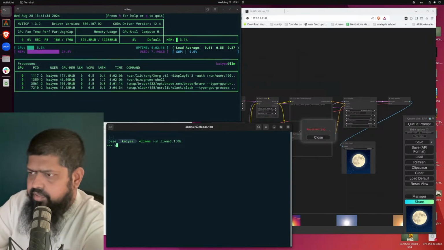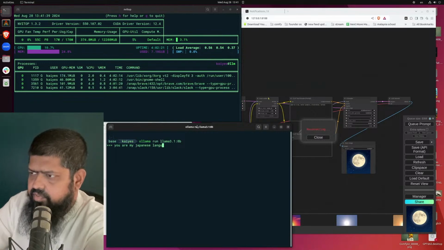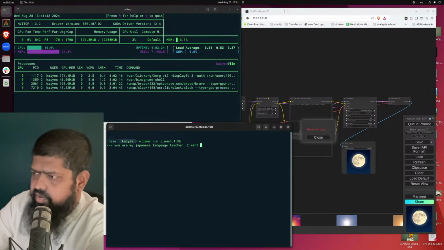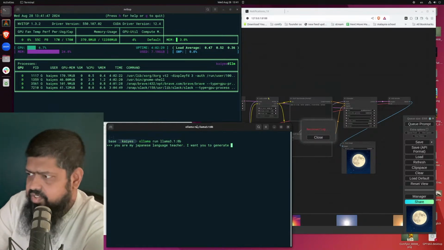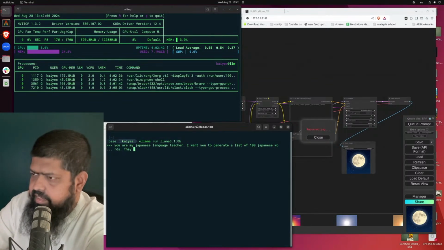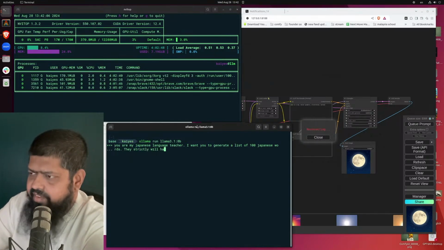You are my Japanese language teacher. I want you to generate, can it generate direct JSON? Generate a list of 100 Japanese words. They strictly will have to be nouns. For example,